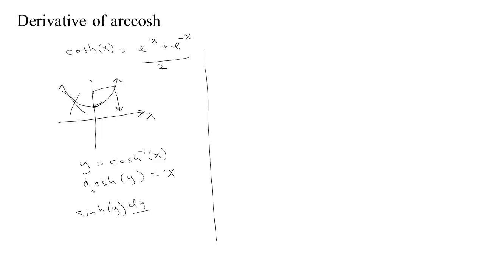Alright, so we take the derivative of the outside, evaluate the inside, times the derivative of the inside. That's just the chain rule. And the derivative of x with respect to x is 1. So dy dx is equal to 1 over the sine of y. But we know that cosine squared minus sine squared